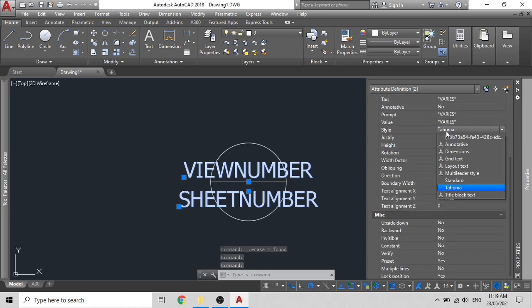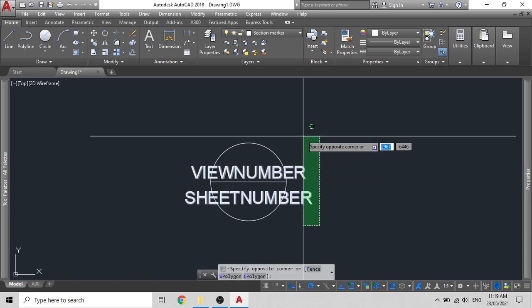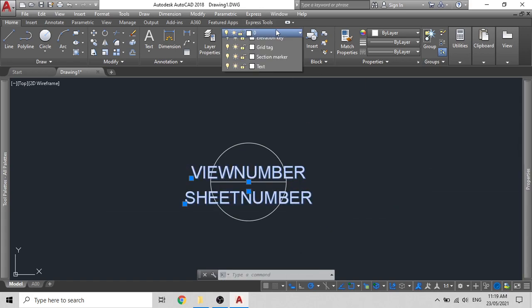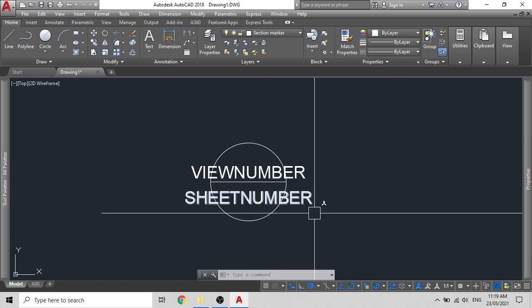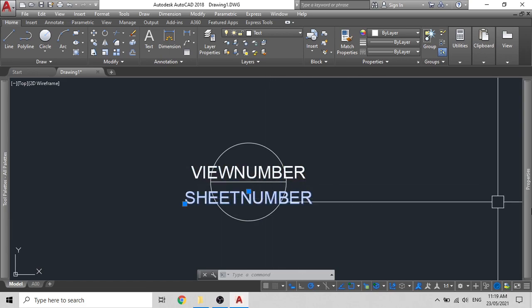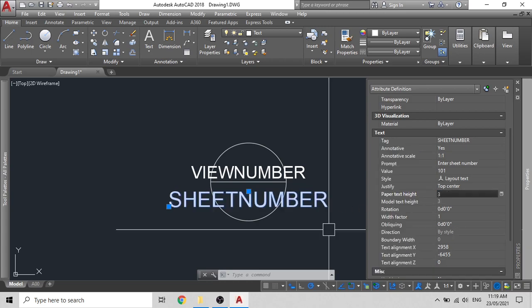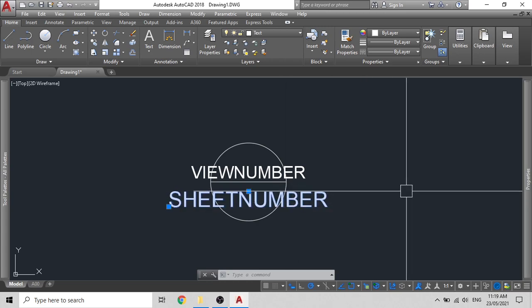The style of it will be set to layout text. Then we'll put them in their according layers. From there we will set up their sizes individually. The first one is 2, and the second text should be 2.5. Ensure that consistency is paramount.